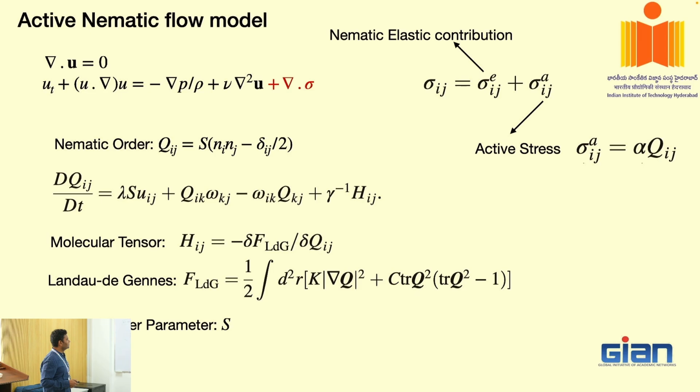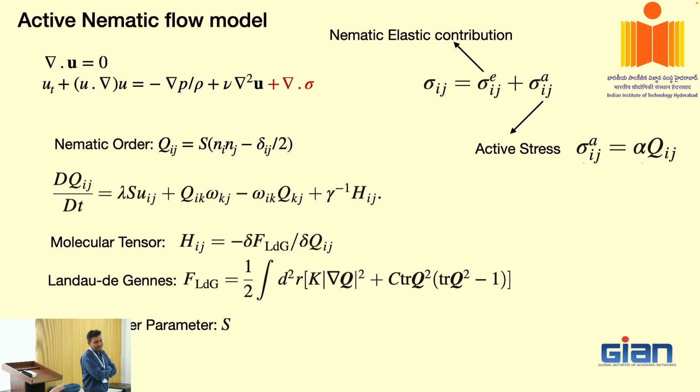Now this alpha Qij comes just from n and the nematic order parameters. Conceptually these two equations are a little bit different, in where you are inserting the energy, although they are trying to model the same thing. They're trying to describe the same things, but in some sense you are right.